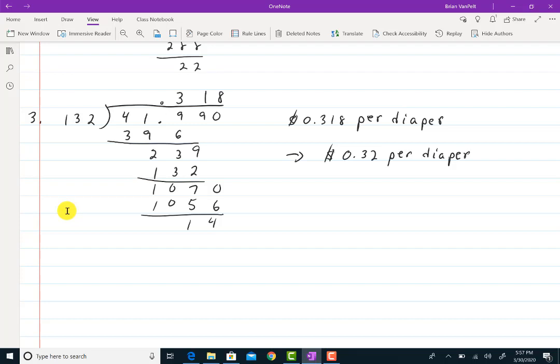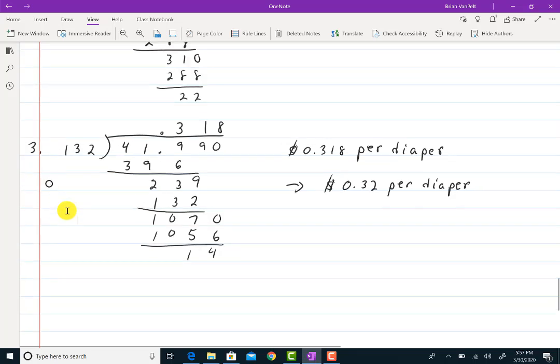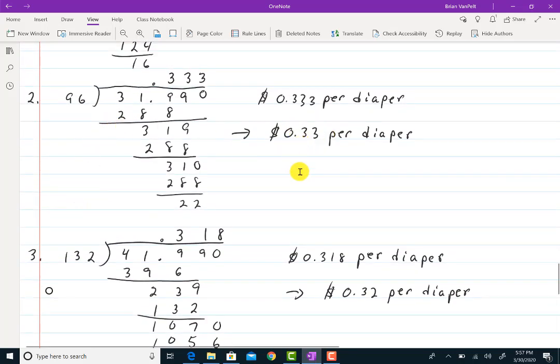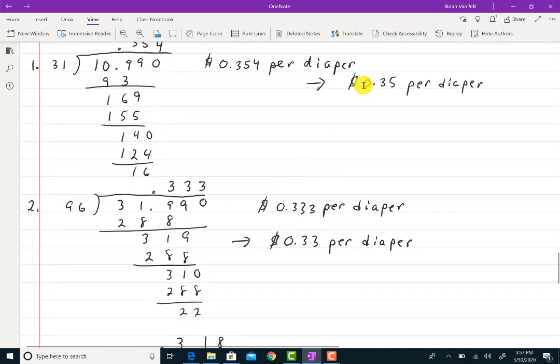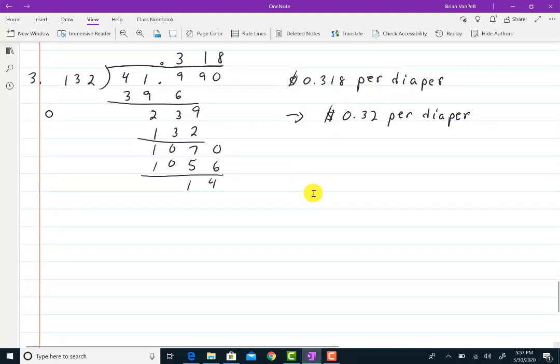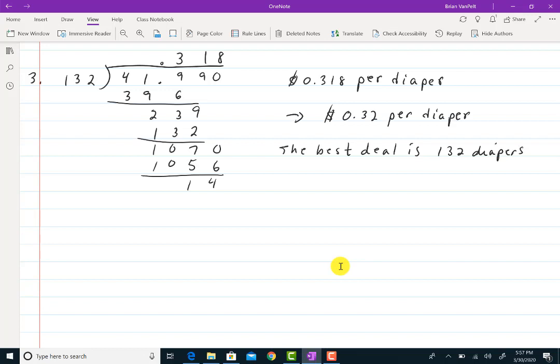So, which was the best deal? Well, let me look at my unit prices. I have 32 cents for this last one. I have 33 cents for the one before it. And I have 35 cents for the one before that. So, the best deal is the 32 cents per diaper. So the best deal is 132 diapers for